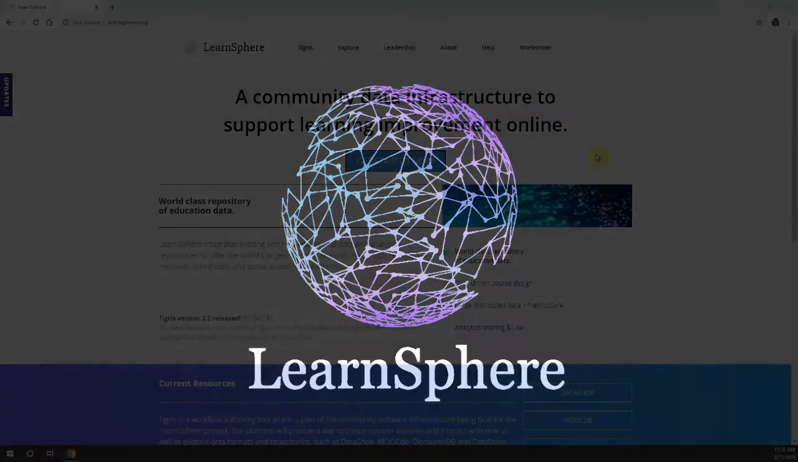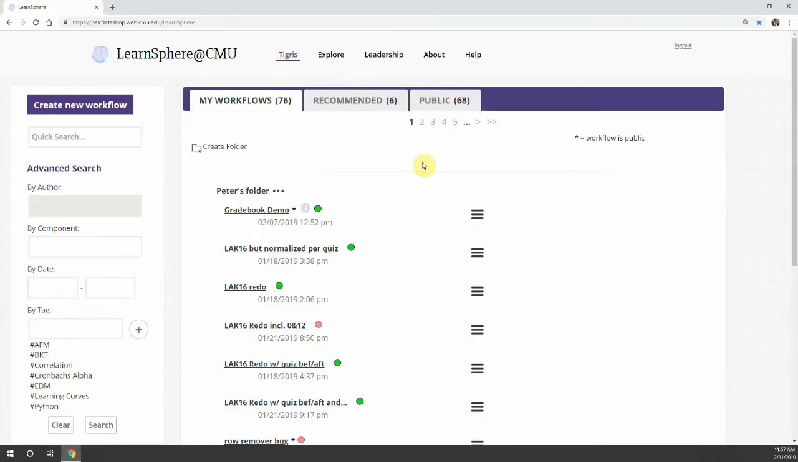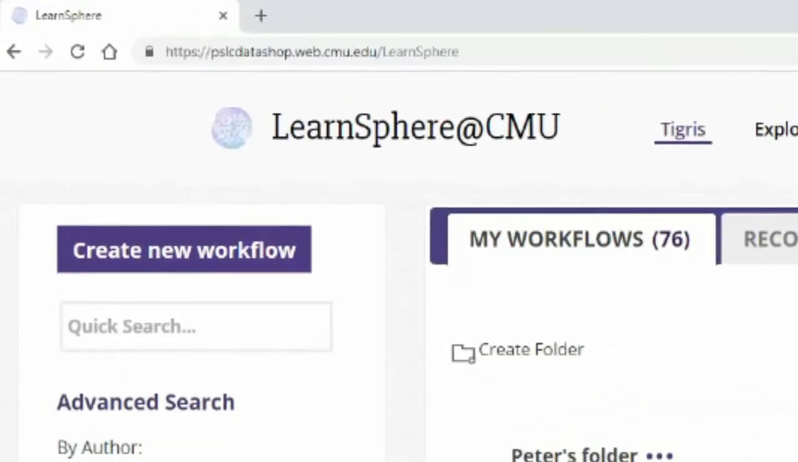In this video, I'm going to show you how to create learning curves using multiple student modeling methods including AFM and BKT in a Tigris workflow. You can access the Tigris workflow tool by navigating to learnsphere.org in a browser. Click on Get Started Now or go directly to this URL in order to log in and get to the